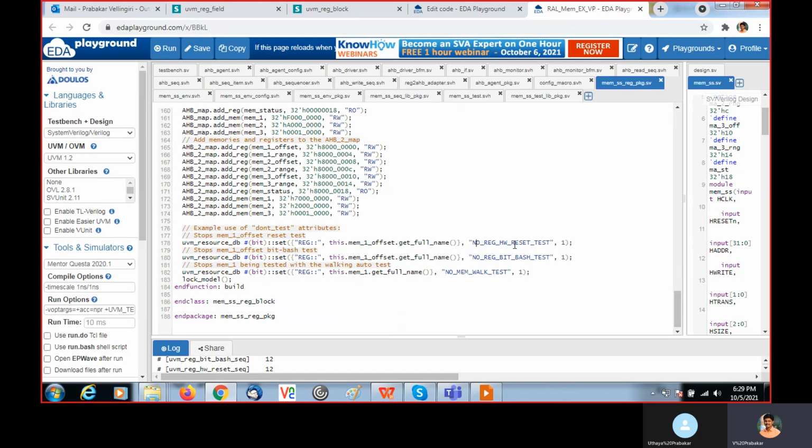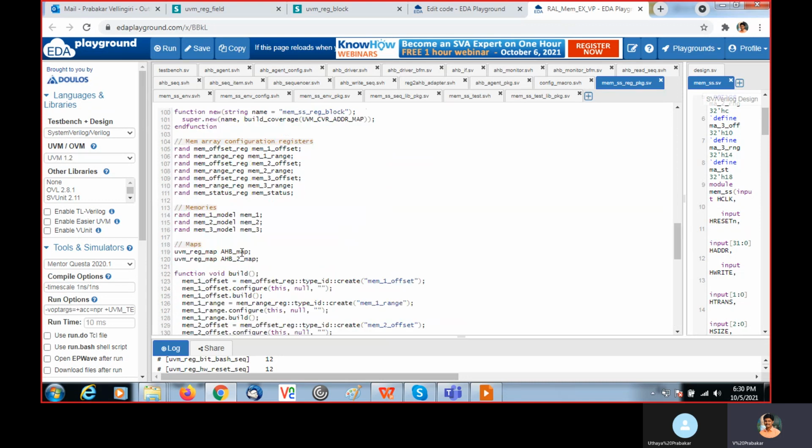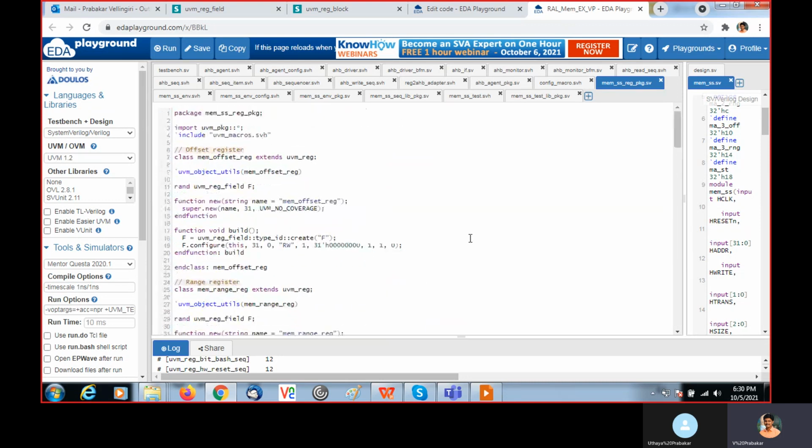Sequences means the register hardware reset test, the register bit bash test, and the mem walk test. So these attributes I make 1 so that these sequences will not be applicable for mem1 offset. After that, I lock the model using lock_model. So this is the RAL. We created the register model. Then next step, we need to create the adapter.